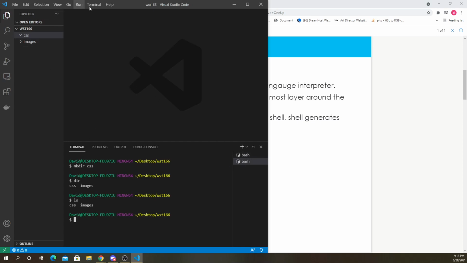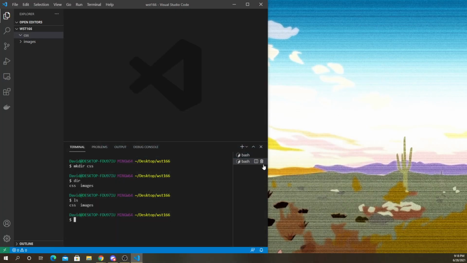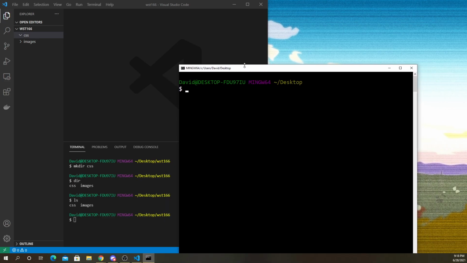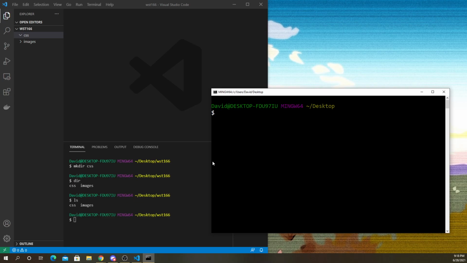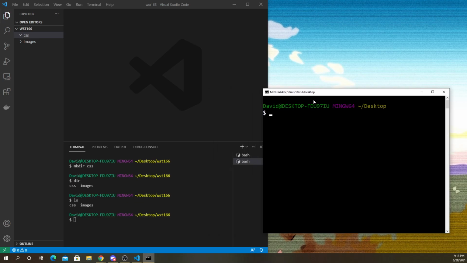I'm using bash in Visual Studio Code's command line interface, and I'm also using bash with the one that got installed when I downloaded Git. So Git is using bash. It's called Git Bash.